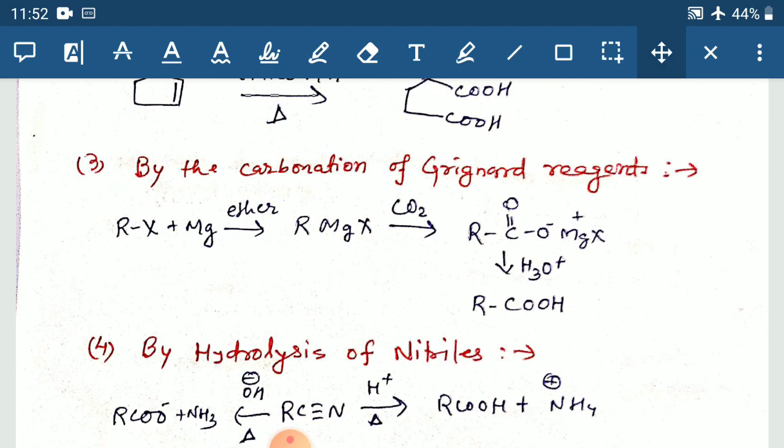So as we know, Grignard reagent can be synthesized from alkyl halide. When this alkyl halide is treated with magnesium under reflux condition in dry ether, basically these are very sensitive compounds. This is organometallic compound, so we have to use dry condition. Otherwise, this Grignard reagent will capture proton and it will decompose as alkane. So, this Grignard reagent, upon treatment with CO2, that is carbon dioxide, will give acid.